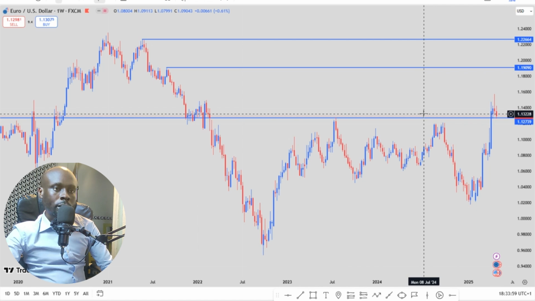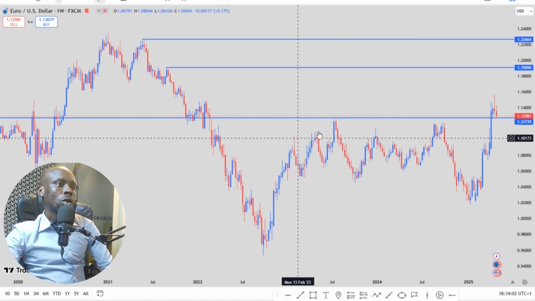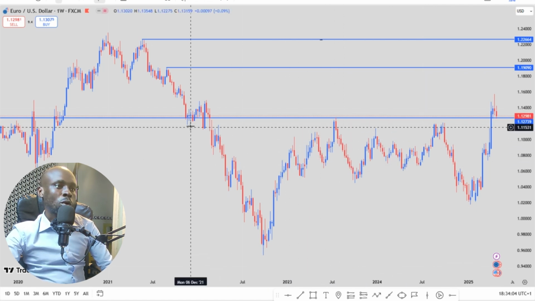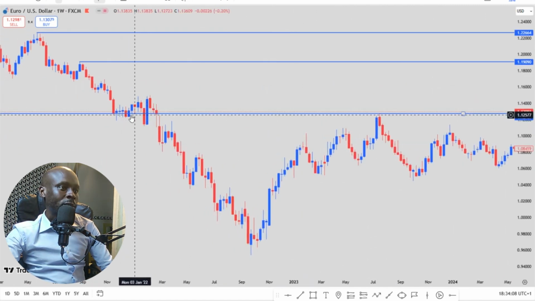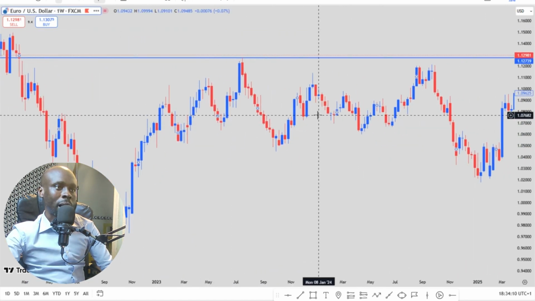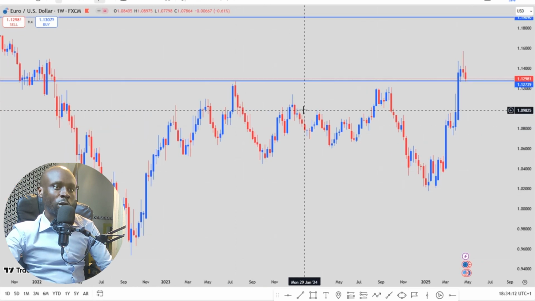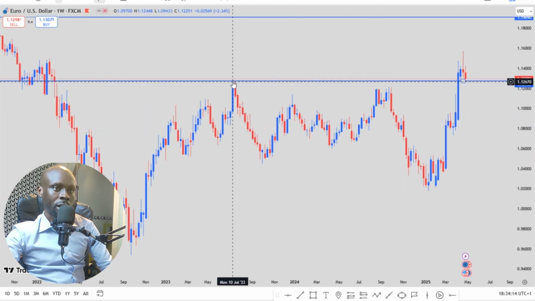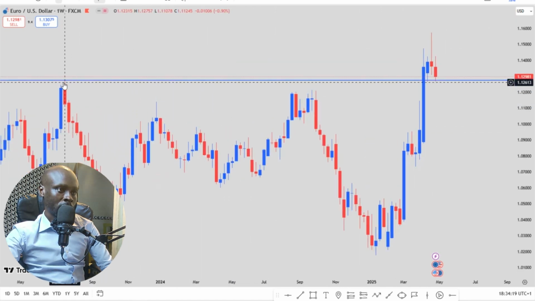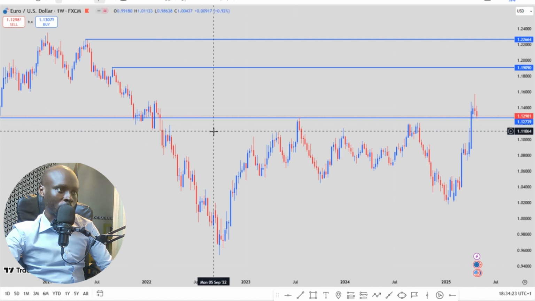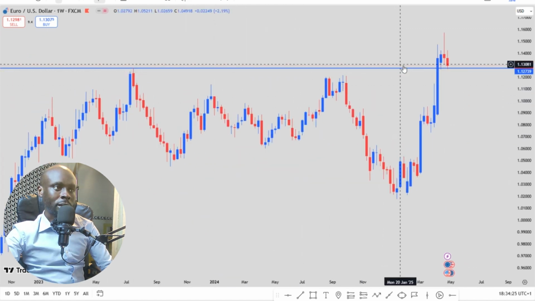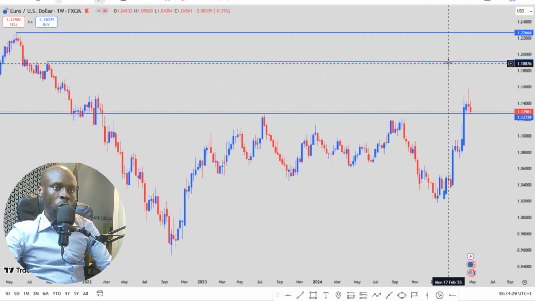Euro USD on my weekly chart closed on a support level. So long as price closes on this weekly support level, we expect price to retest back to the upside for the Euro USD on the weekly chart. You can see that price tested this weekly support level and closed above it. Then price also tested this support level and closed above it. So long as we have price closing above this support level on the weekly chart, we'll be expecting price to resume